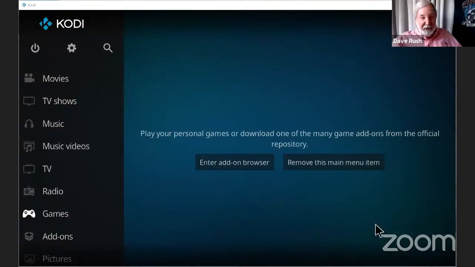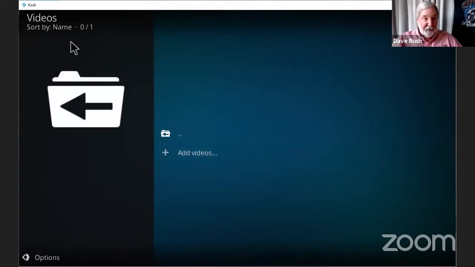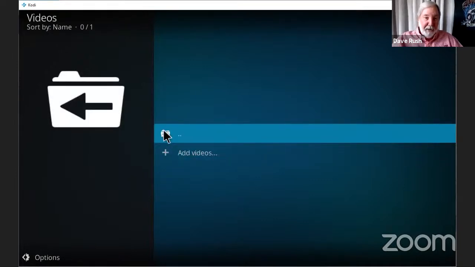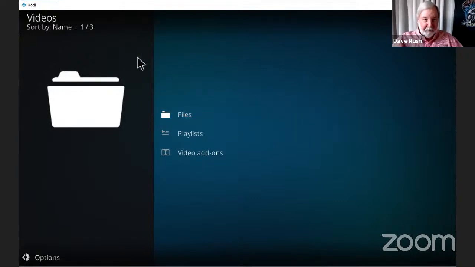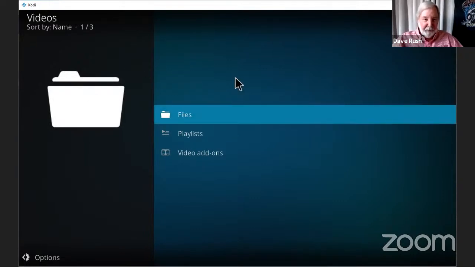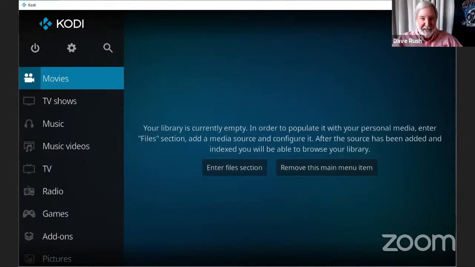All right, so I launched Kodi. This is what the primary screen looks like with a fresh installation. There's nothing in here. If I click down the left pane, there's no movies, but I can add some. And sometimes it's not very friendly about using the mouse. There's no native way to get back over to the main menu from here. So it's very keyboard friendly, not super mouse friendly. I use the backspace there.